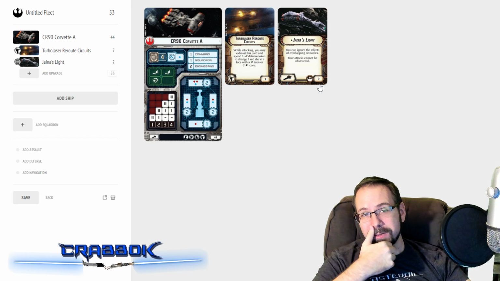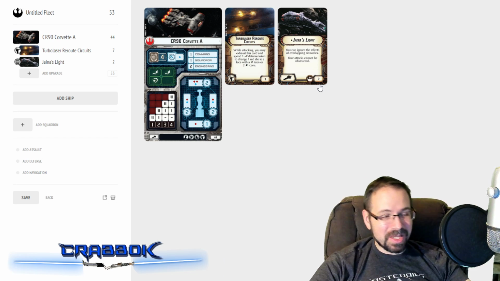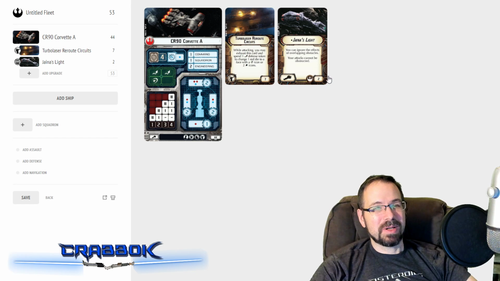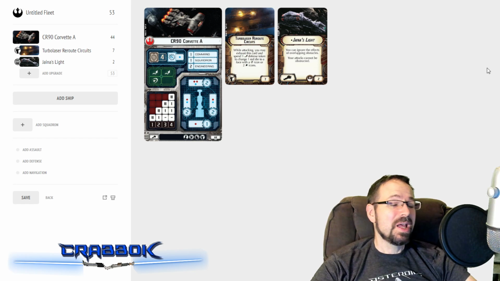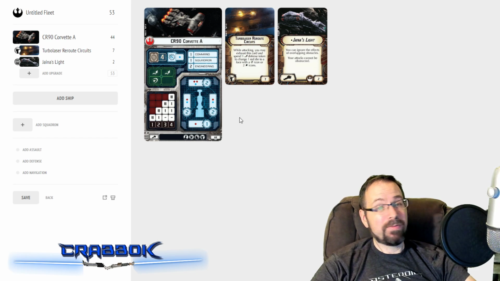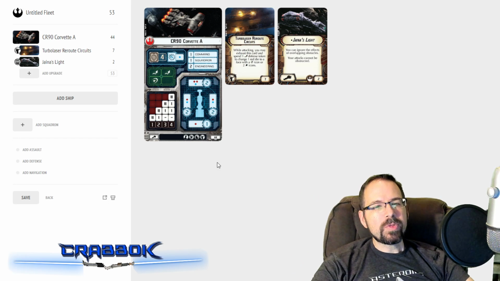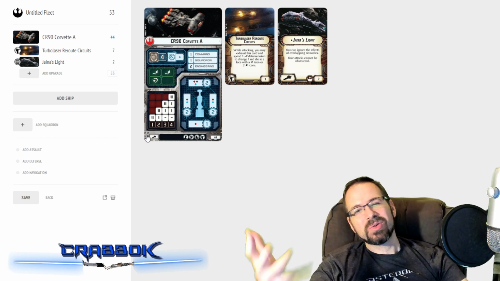It can hide behind asteroids. It'll be obstructed if they shoot at it, but when it's shooting at the enemy ships, it doesn't count as being obstructed. It can park on obstacles and not have a problem with that. It's just a fantastic ship. It fits really well in just about every build. Also, one thing that's really awesome, and I've done this a couple of times, though I try not to do it too much,